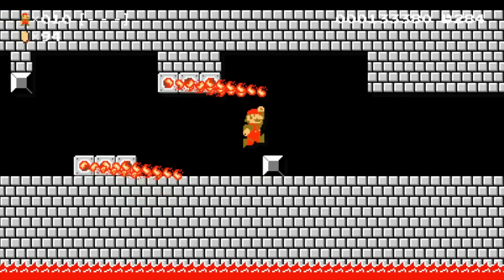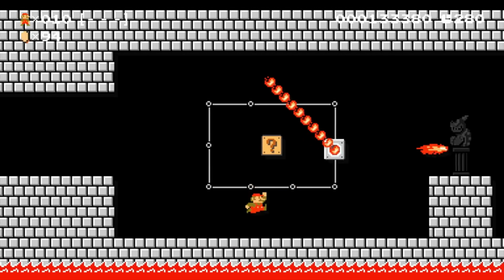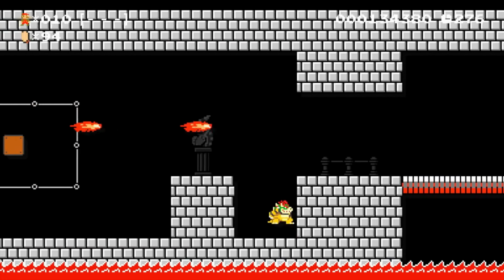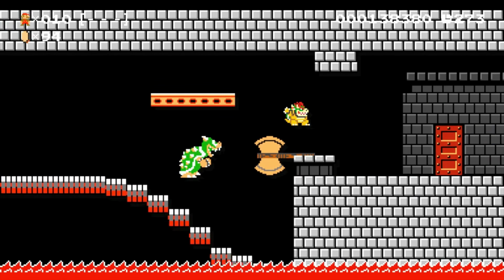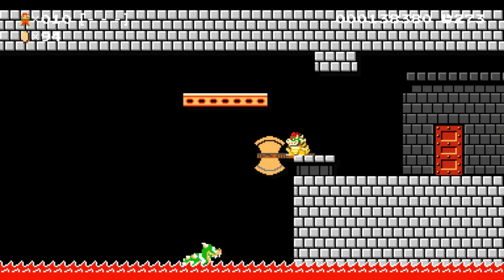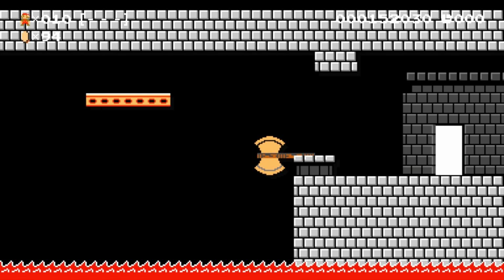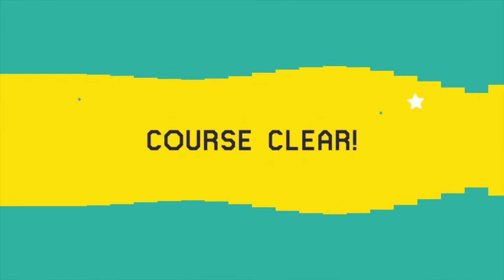Oh. Makes it a tiny bit more challenging. Oh, even a fire bar on rail to show that you can have fire. Oh, you're Bowser now. And let's beat Bowser as Bowser. That's pretty cool. And because we finished the story mode with a character costume, we get to save Toad as